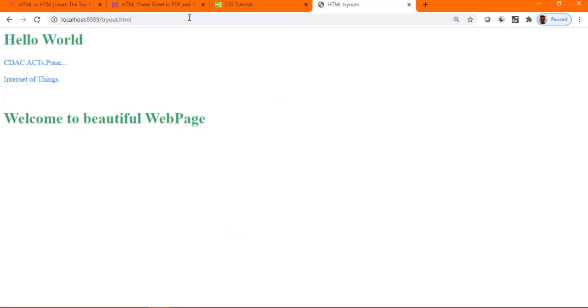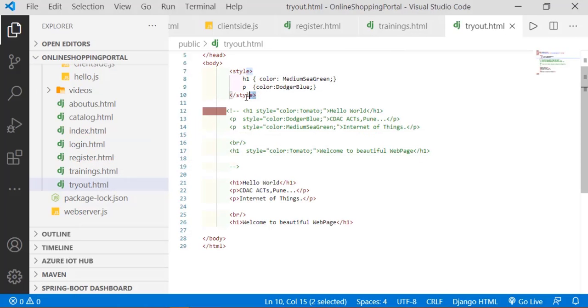Separation of concern: if you make your HTML element code mix up with a lot of style attributes, the readability of that particular program will be lost. So you can go back and define your own CSS separately. You can put the CSS at this body level. So under the body, wherever it finds H1, H2, paragraph, the styles are going to be applied. I can also go back and make certain changes inside this area. So this is what we call using a block.